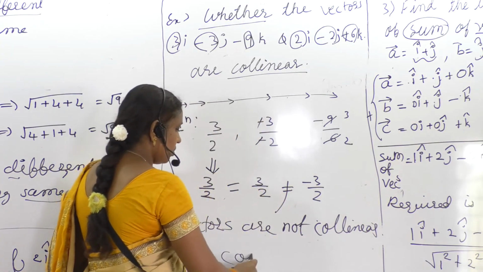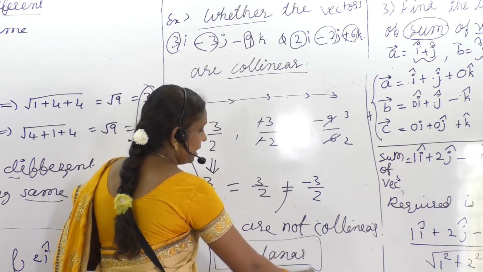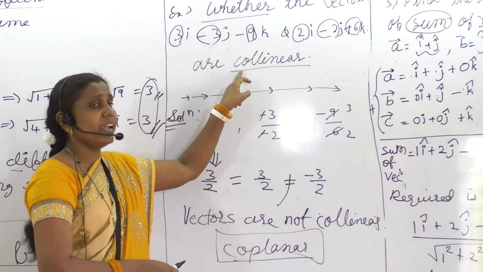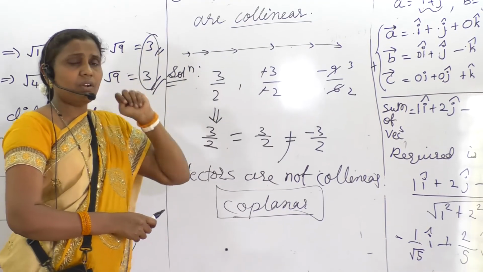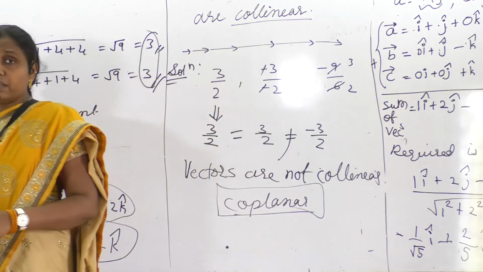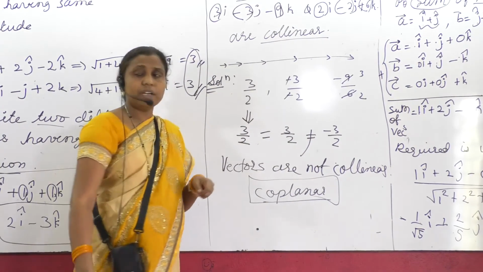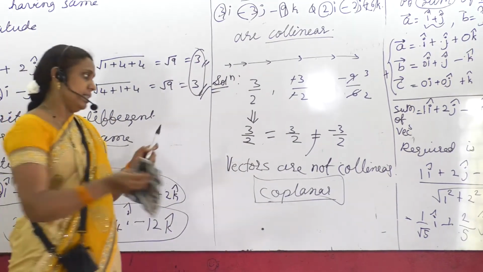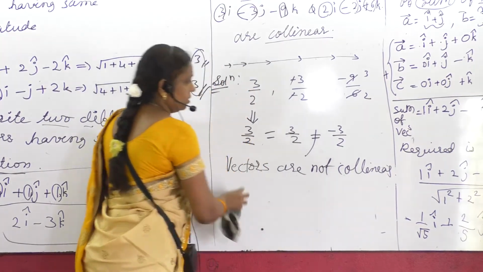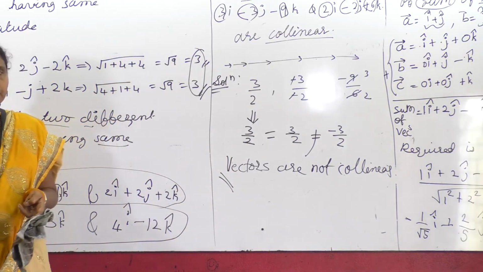So there is a difference between coplanarity and collinearity. What do you mean by coplanar? All the vectors lying on the same plane is coplanar, but here they are asking about checking the vectors being collinear, not coplanar. Whether the points are collinear? No, the points are not collinear because of this issue. Got it? This is the final answer.